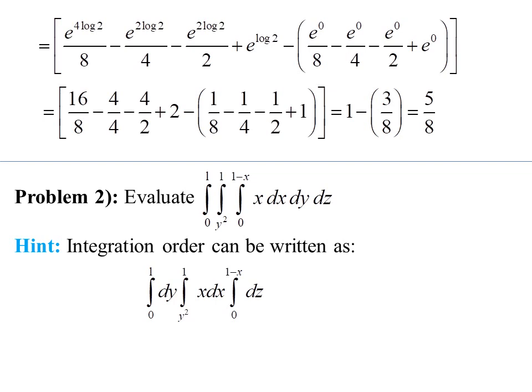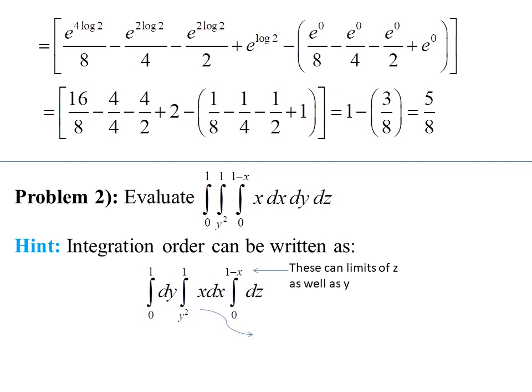Now let us understand why this order we have chosen. Our order of integration is starting from the rightmost side to the leftmost side. So first we are going to integrate with respect to z, then with respect to x, and then with respect to y. So why so? Let us understand. Now here with respect to z, as we are integrating, limits are 0 to 1 minus x. But as here we don't have y and z also, it might be possible these are the limits of z as well as y.